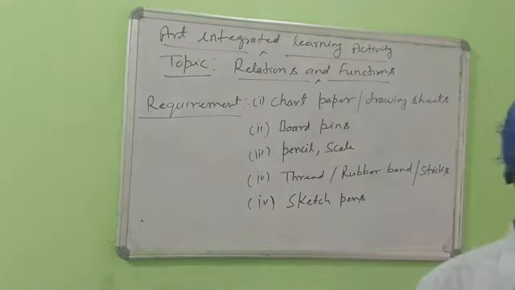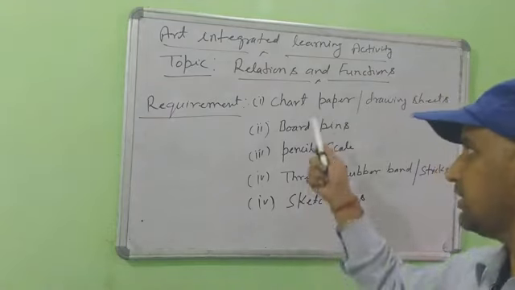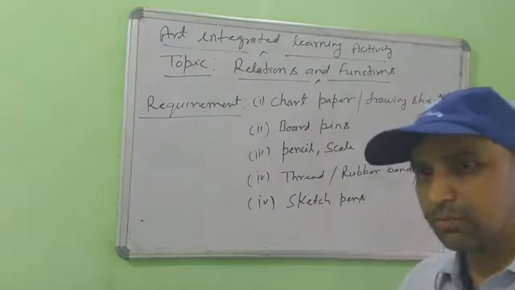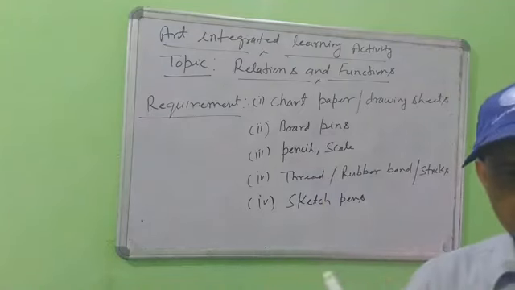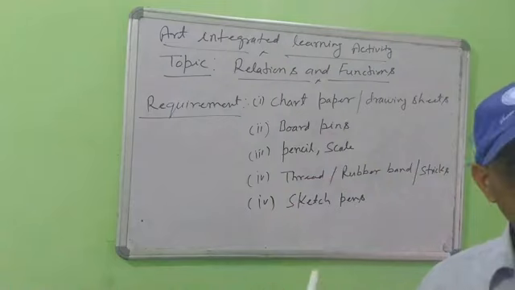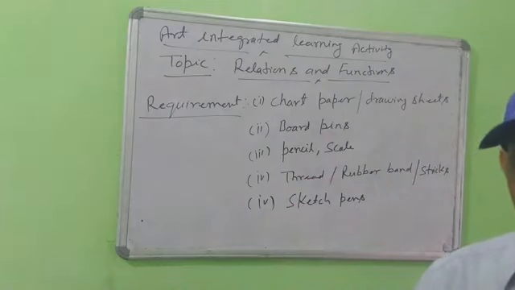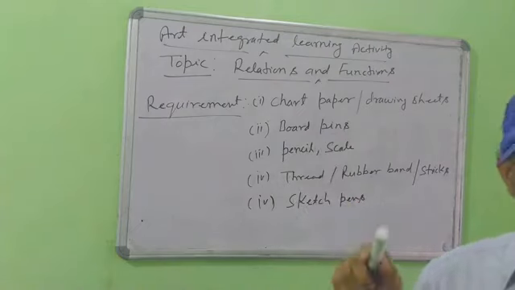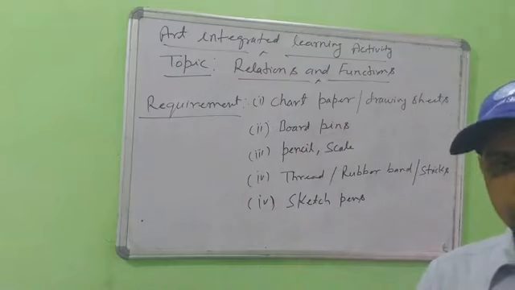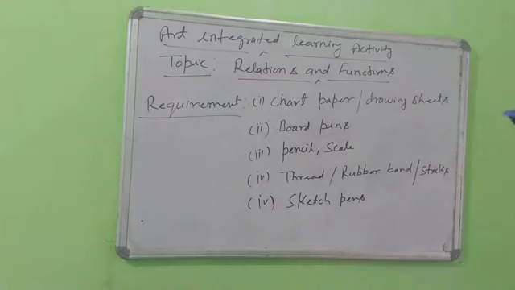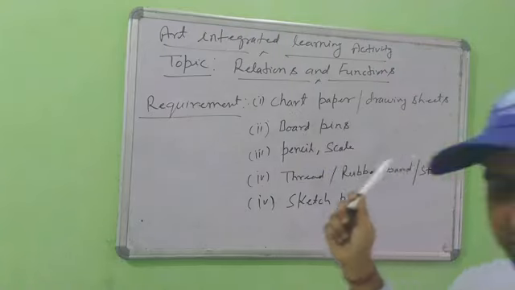Next is how to conduct and perform this activity. First of all, you will do this activity using the chart paper, otherwise any file, otherwise any drawing sheet. It does not matter, any one. First you will complete the activity with color and decoration. Then you will make a video of the process of this activity for uploading. So prepare a 2-3 minute video. First you complete this process, note it down, then you will discuss the procedure.